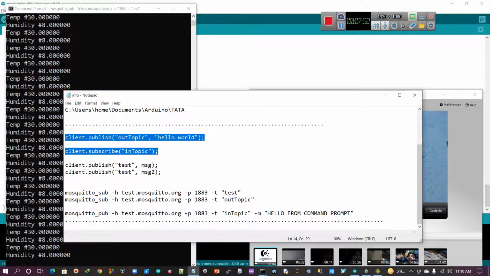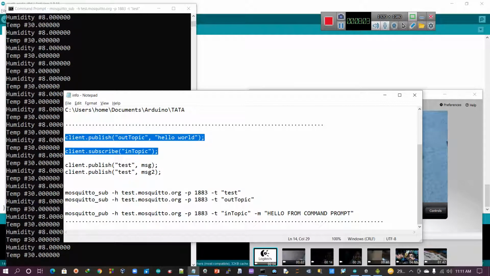But if I pass any information, we can't observe that, because that NodeMCU is not connected to my mobile to visualize on the serial monitor. So I can't show this one, but I can show you this one.